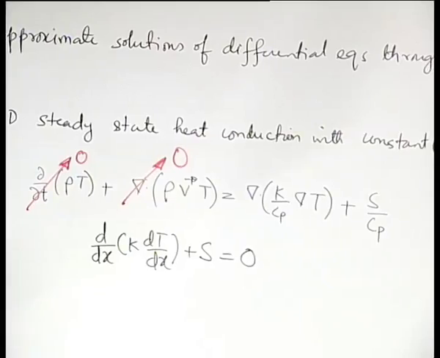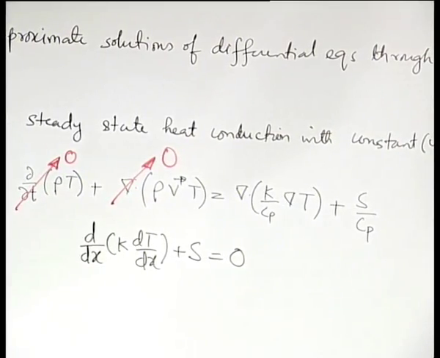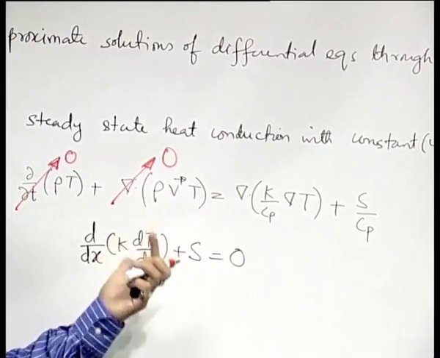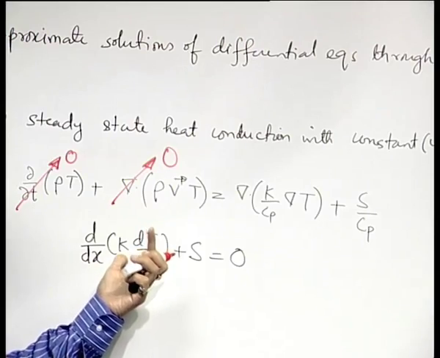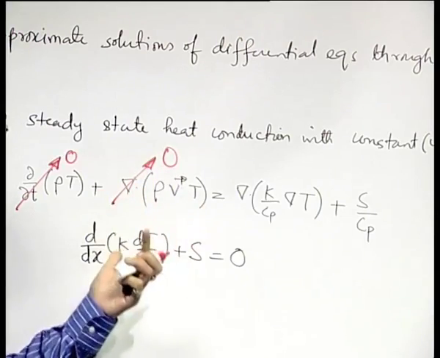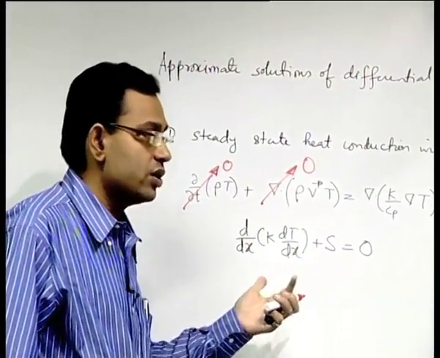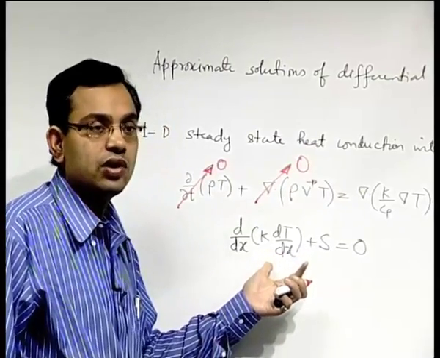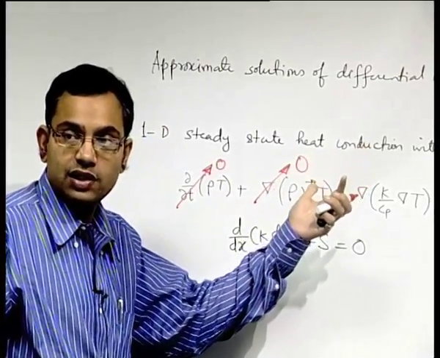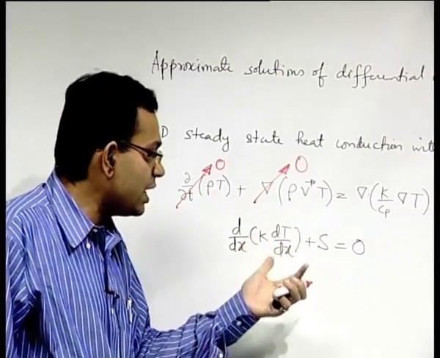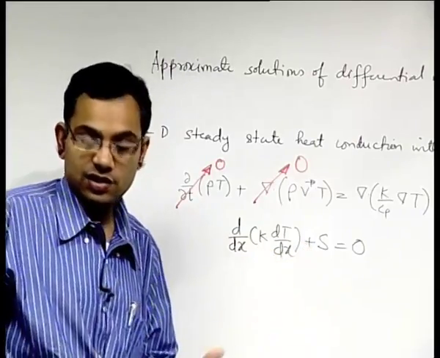For generality, we keep in mind that of course we have taken an example with constant properties, but even if k were a variable, that can be easily incorporated in this framework. So, this equation is not just valid for constant k, our example we have taken for constant k, but even for variable k we want it to be valid. That is why I have deliberately put k inside the derivative.